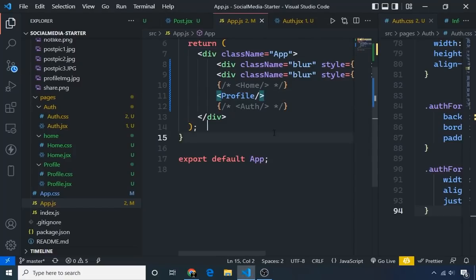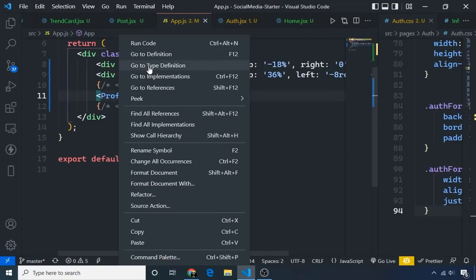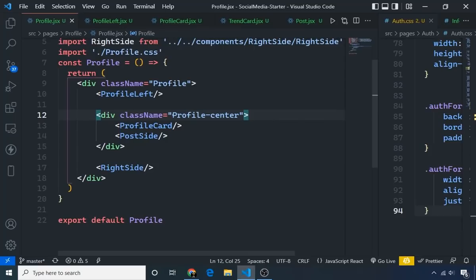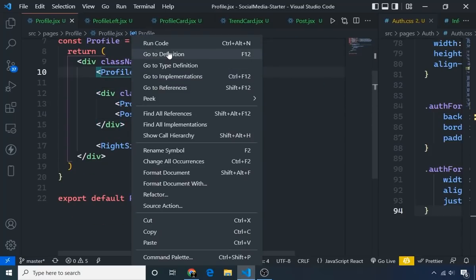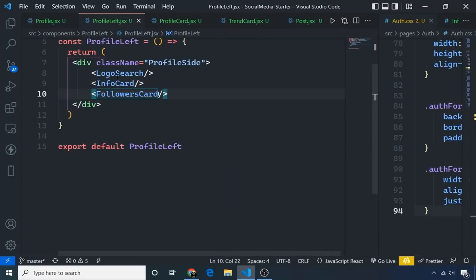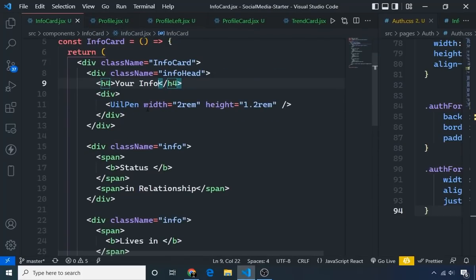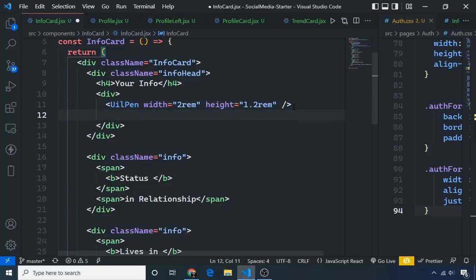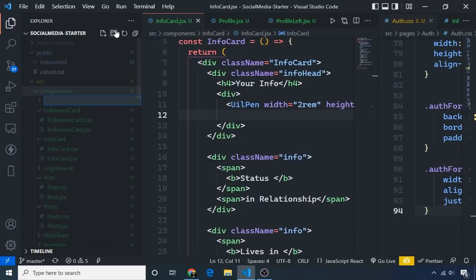So what I am going to do, I will go to the profile page. Just to go to the definition. Inside the profile page I have a profile left, so I will go to its definition. Inside profile left I have info card. Here inside info card I have the UIL pen. Below this I am going to make a model, but first making the model, I am making its component inside the component folder. So I will say it as profile